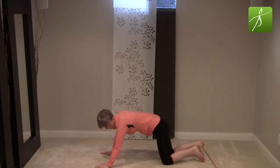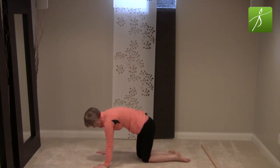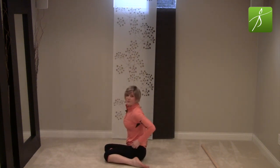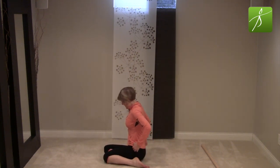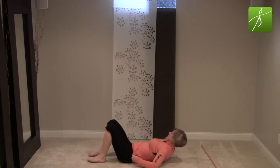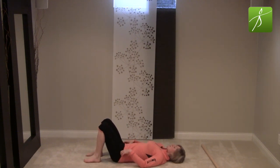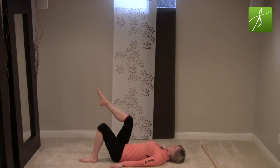Sit back, child's pose, stretch it out. And release. We're going to flip onto our backs, do a little core work, and we're almost done and out of here. So you're going to lie all the way down on your back, feet on the mat. All right, so from here, imprint your low back to the floor,